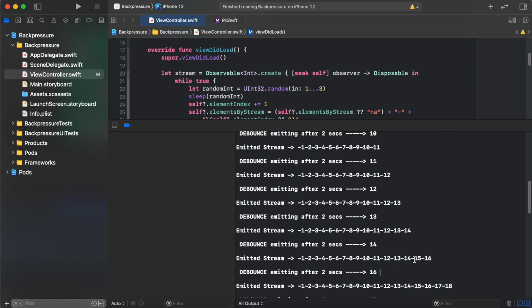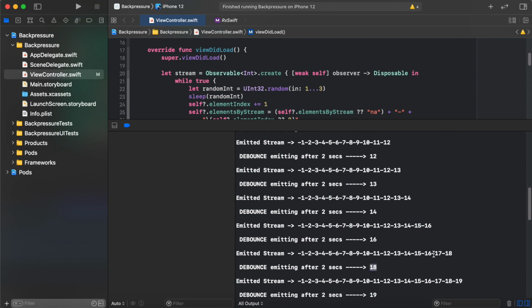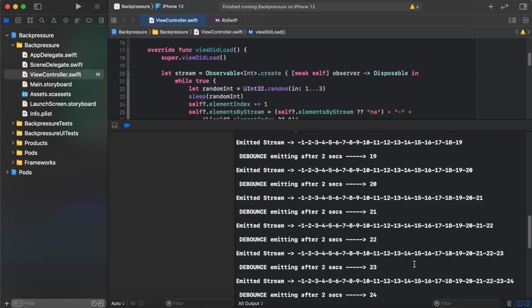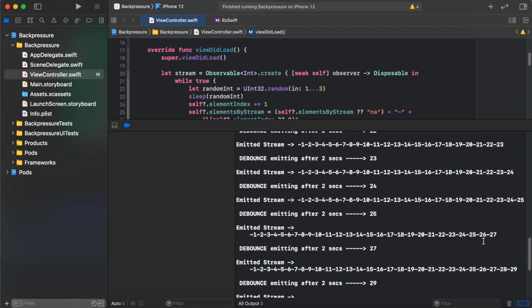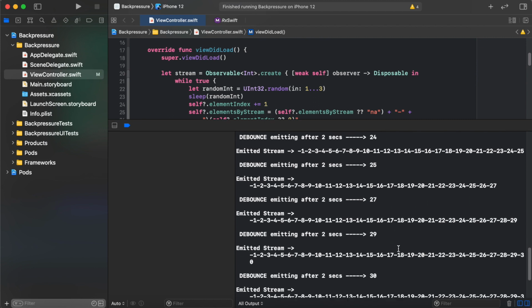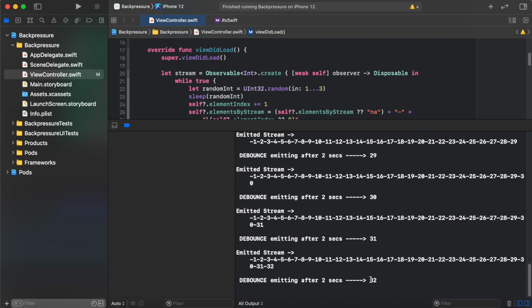Here you can see that 15 is missed, 18, that means 17 is missed, 19, 20, 21, 22, 23, 24, 25, 26 is missed, 28 missed, 29, 30, 31 and 32. So now we can see that there are multiple elements from the infinite observable that are missing.